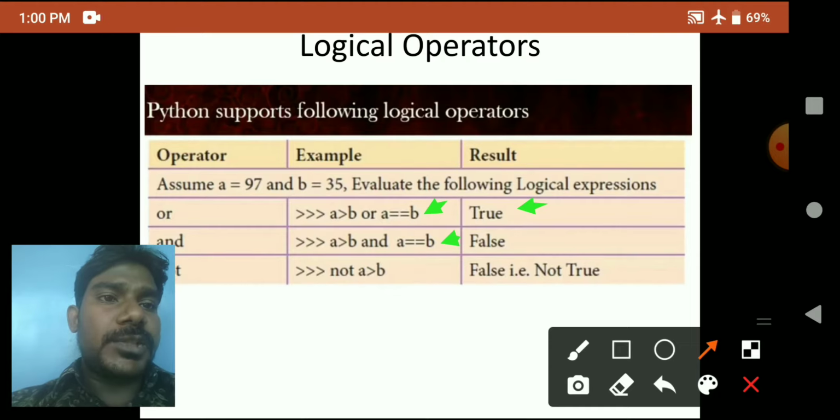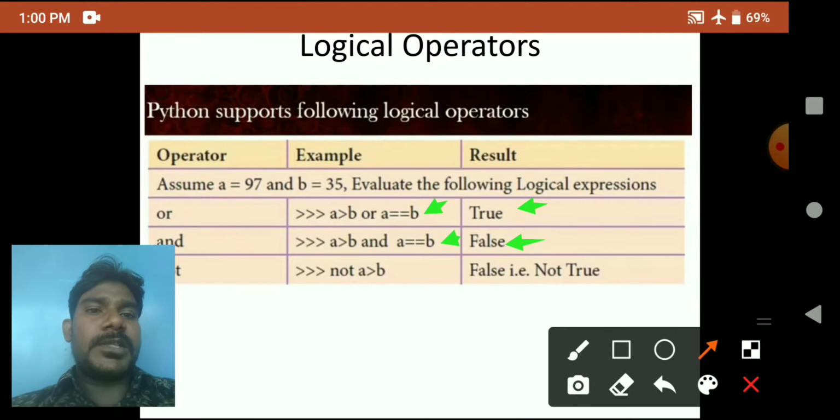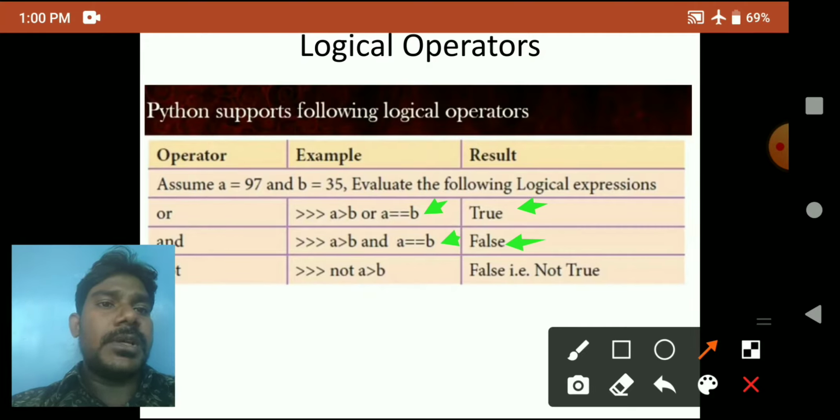If any one expression is false, the result will be false. Here one expression is true and another is false, so the result will be false only. Otherwise the result will be false.